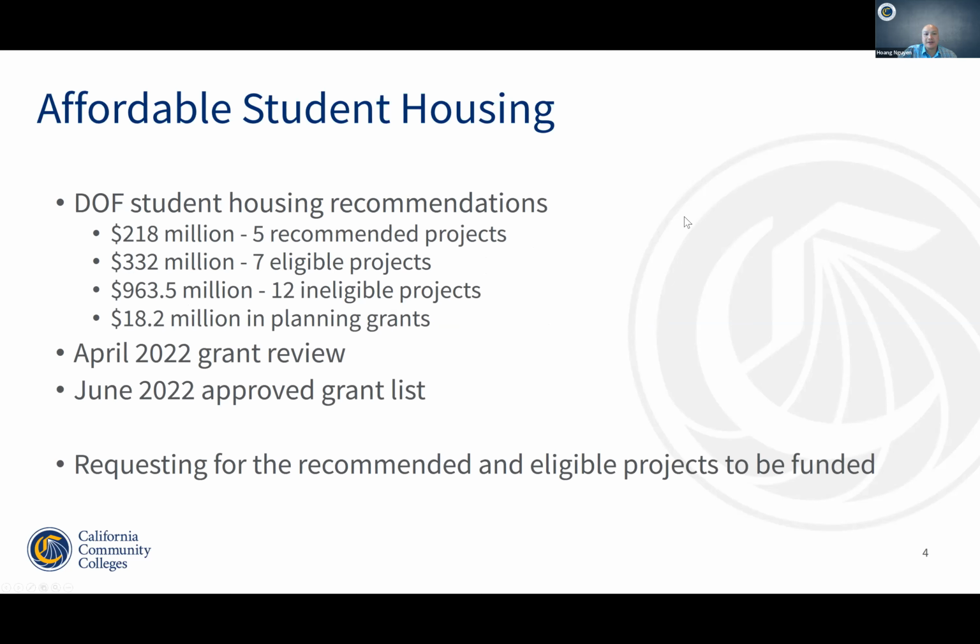Also part of the affordable student housing, you should all be aware that the Department of Finance has reviewed all the applications. They came out with 5 recommended projects for 21-22, 7 eligible projects for 22-23 and 23-24. There are some projects that they deemed ineligible because they combined the planning grant along with the construction grants together. So they're requesting those projects to be resubmitted as either